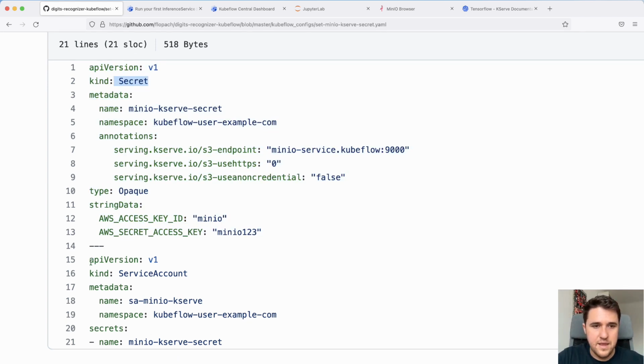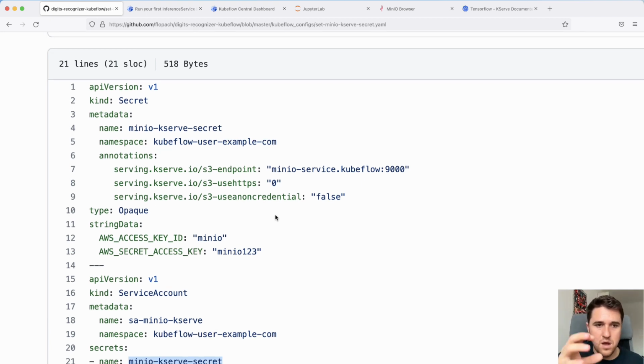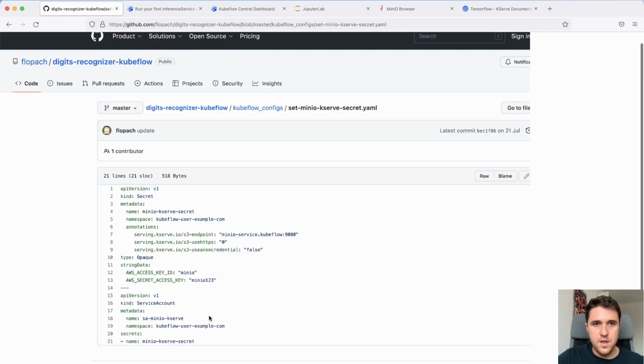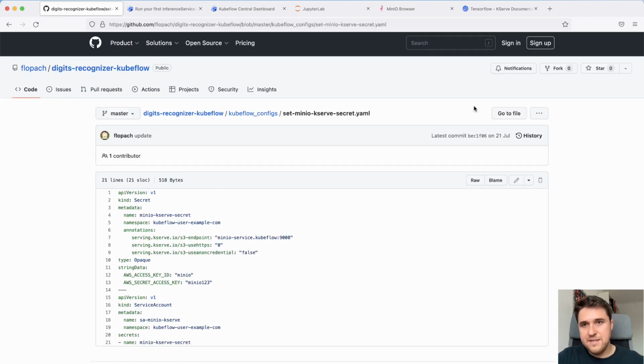Then here we are creating a service account. In this service account, again in the namespace kubeflow-user-example.com, the same namespace, we are adding this MinIO KServe secret, so that the inference service we are creating can actually access the MinIO instance there. All right, once we have done this, like I said,